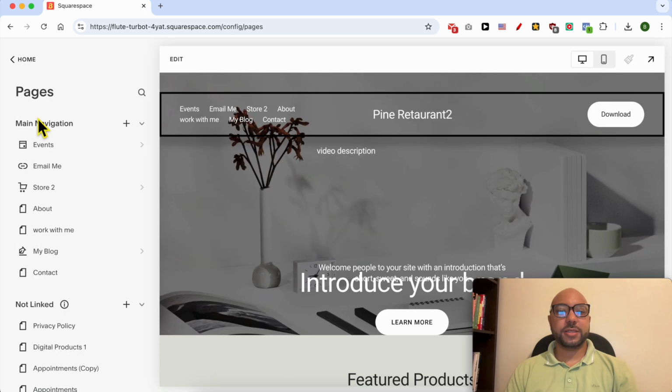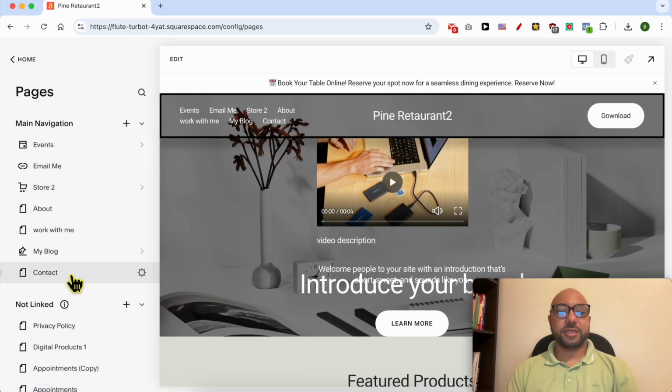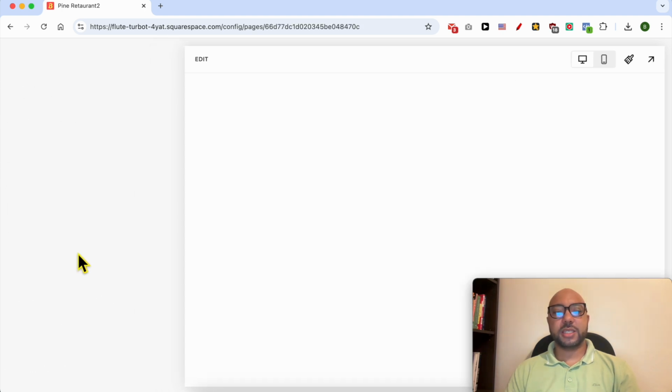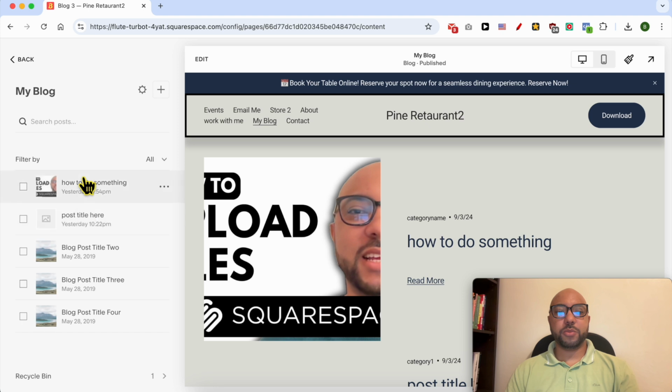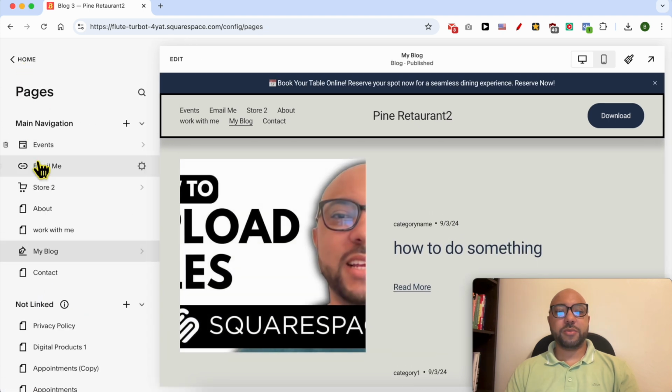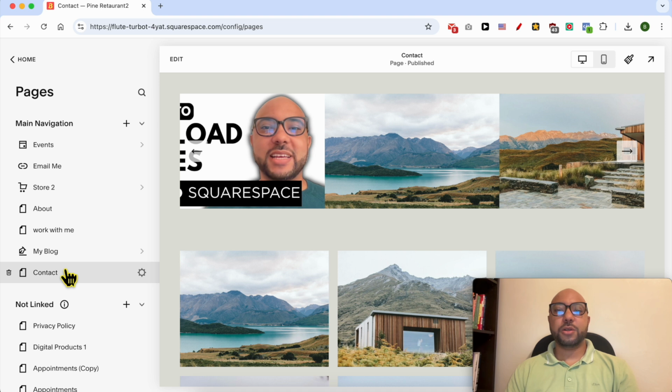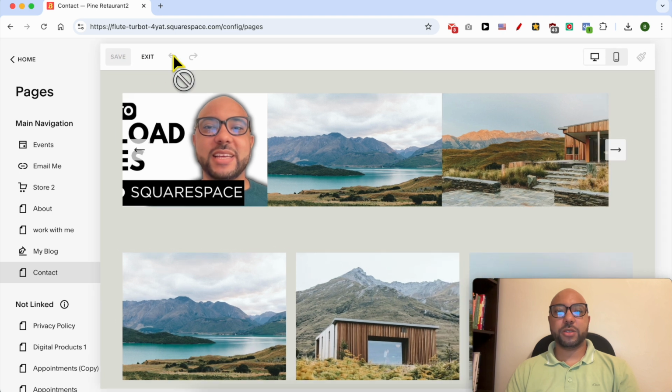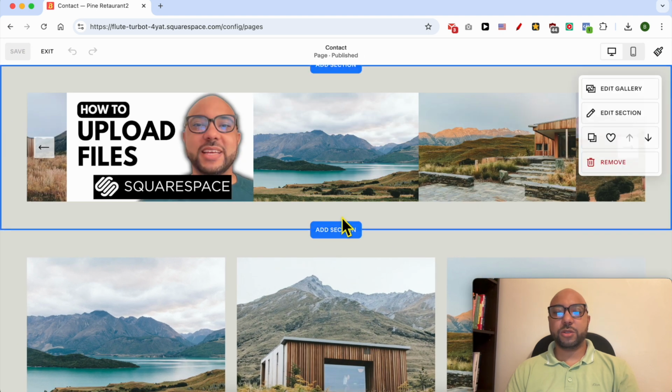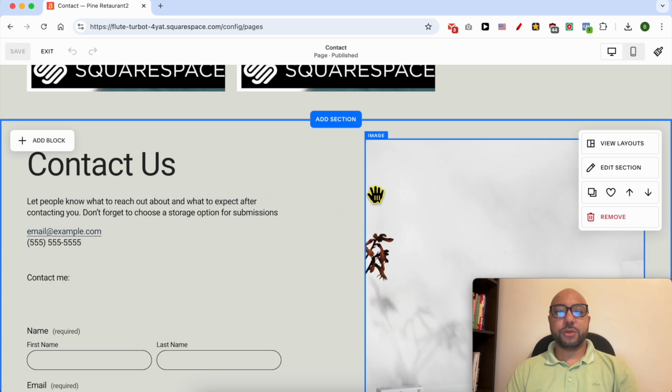Go to Pages. Click on one of these pages, and you can also edit or use your button inside one of your blog post articles listed here. I will use my button inside one of my website pages. It's pretty much similar. All you need to do is to locate your page from this panel, then click on this edit button from the top to go into the editor mode, and now you can